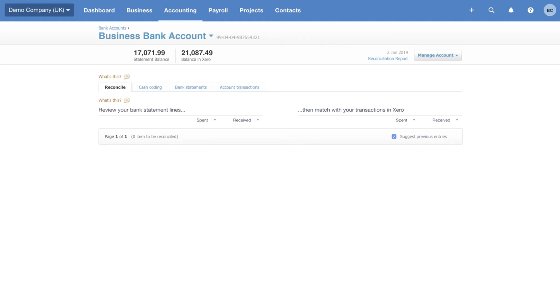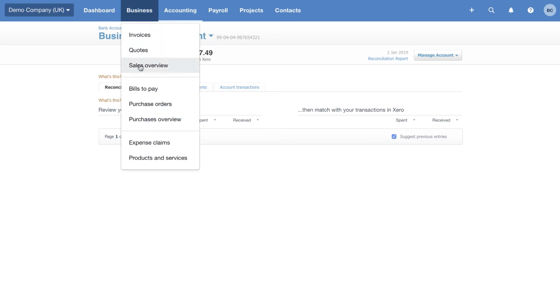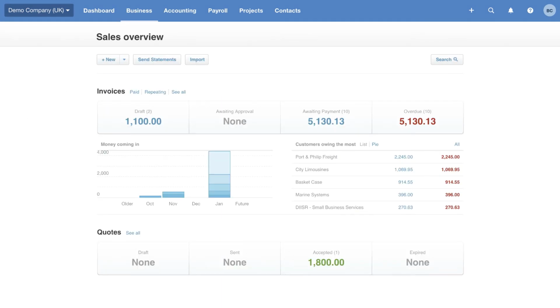So the next feature we're going to look at in Xero is the sales invoicing. We're going to go from setting up the quote all the way through to the most important part, receiving the payment. First of all, you need to go to Business, then select Sales Overview. You can probably guess what this is showing, but it's a great little overview of all the different sales activities in the business. So all the quotes I've sent to my customers, all the quotes that need invoicing, and finally,